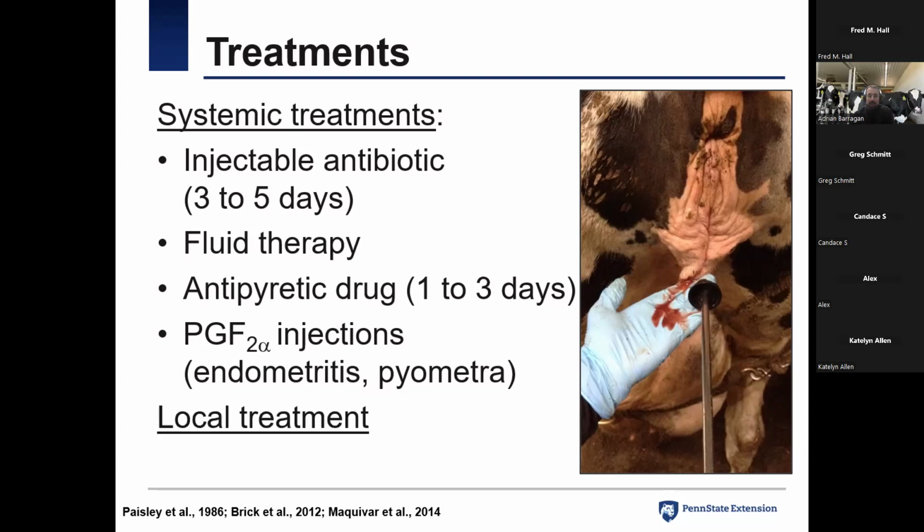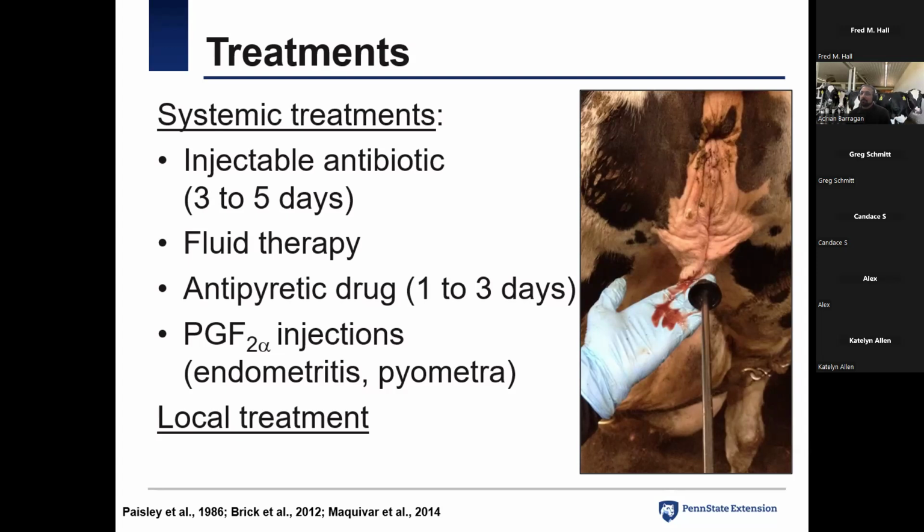And local treatment perhaps is another area that has had a lot of research, especially in organic farms, right? Not being able to use antibiotics is definitely a challenge when managing this disease. And when that is the situation, we need to come up with a strategy. And the key here is going to be prevention, right? How can we prevent this disease? But these studies also have shown a positive effect of local treatment. Now, I'll cover only a few because of time, as it's a very broad topic.